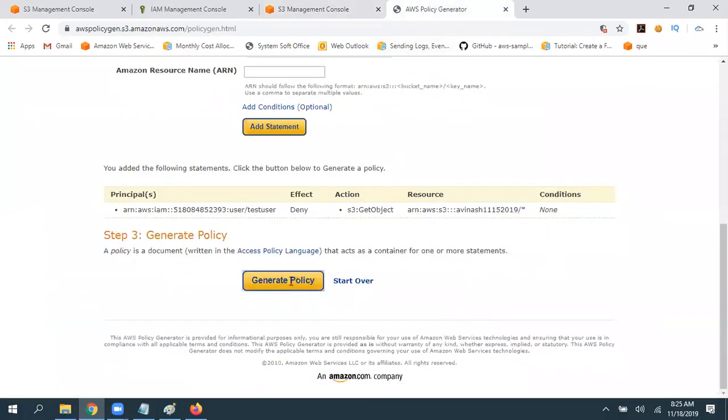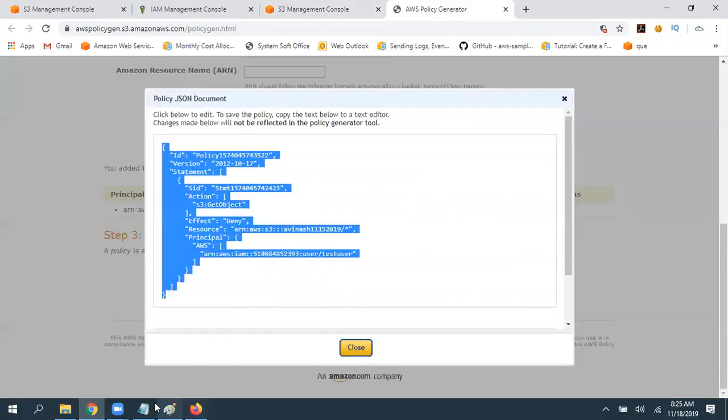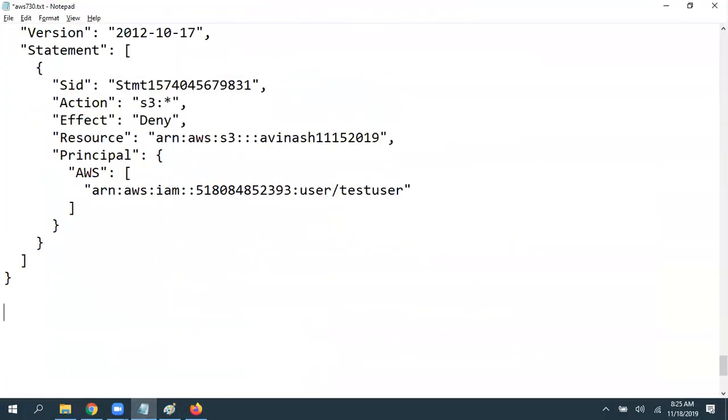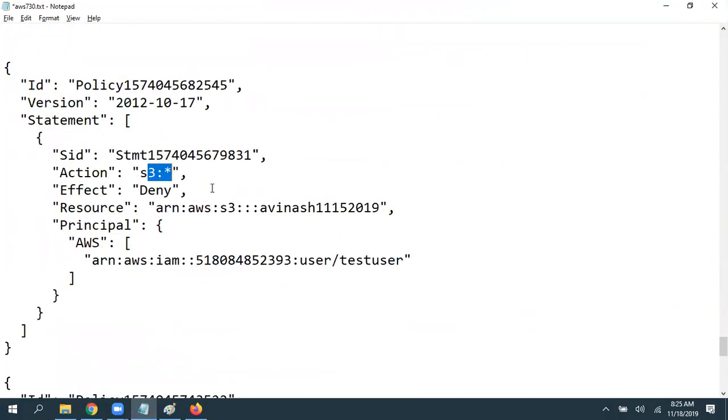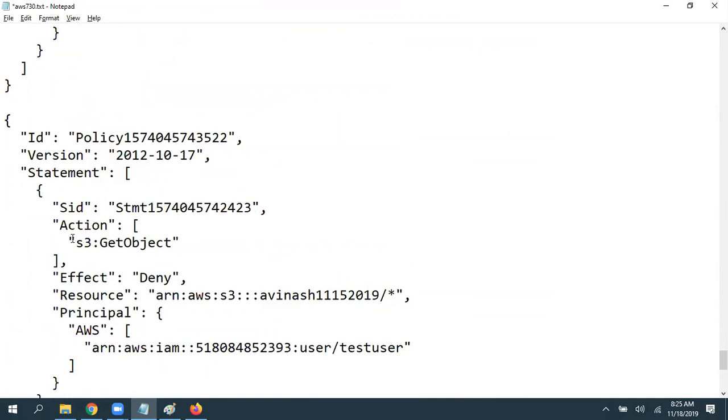Add statement. If you observe this, here action S3:*, but here under action only S3 GetObject. Star means everything, but here action is S3:GetObject.